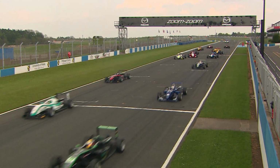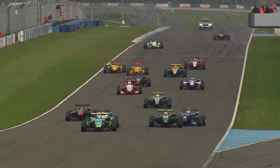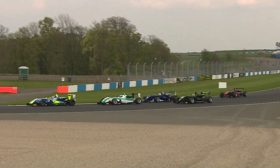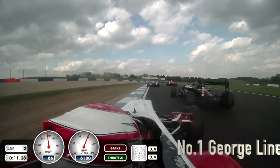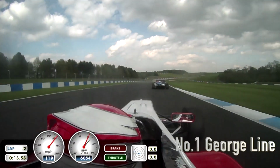A great start from pole position from Shane Kelly. Very slow away and going nowhere is Tony Bishop at the moment. He eventually gets the car fired into life, but he's a long way adrift of the rest. But it is going to be Shane Kelly that leads. Jacopo Sebastiani has come through into 2nd position, and that looks like Robbie Watts was able to slot himself through into 3rd place. Here's George Lyne for the tail end of the field, already working his way through and past